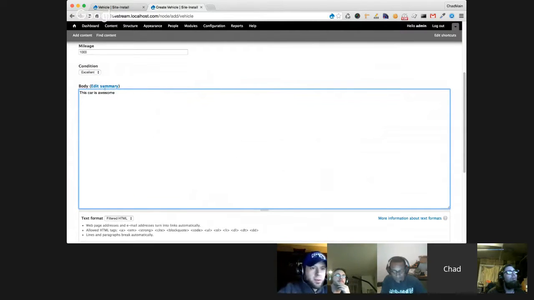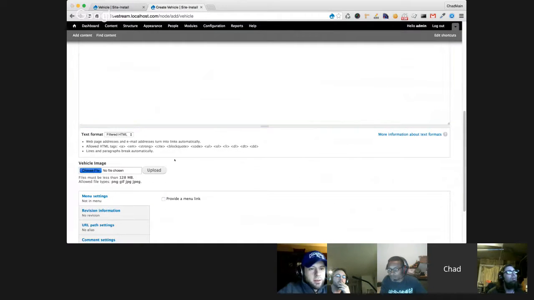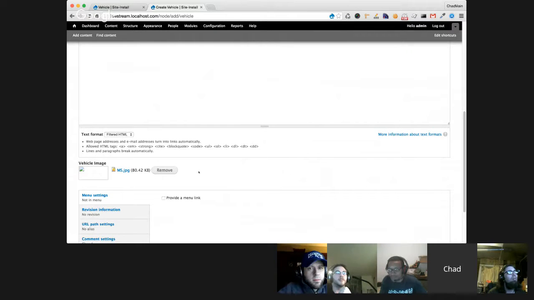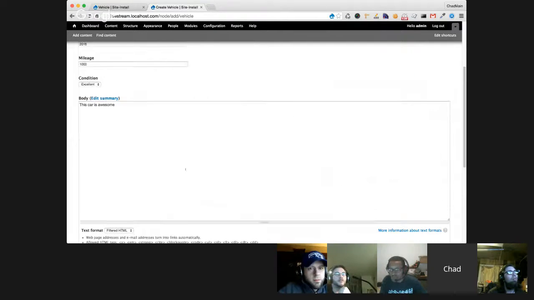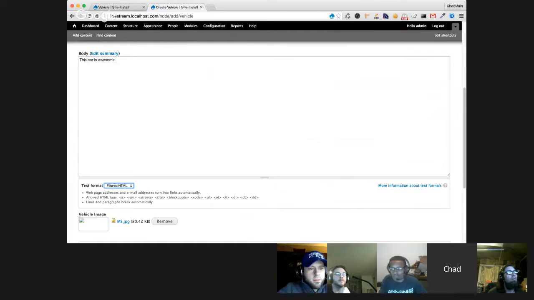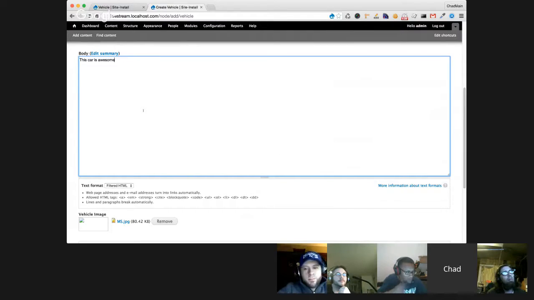The body is basically what you would add the main content on. And then let's go ahead and see, desktop. Does that take HTML? It does, and right now it's set to filtered HTML and full HTML. You can actually add WYSIWYGs, or you can go into full edit mode on what tags are allowed, what's not allowed, and all that good stuff.